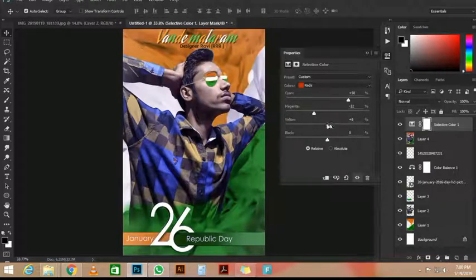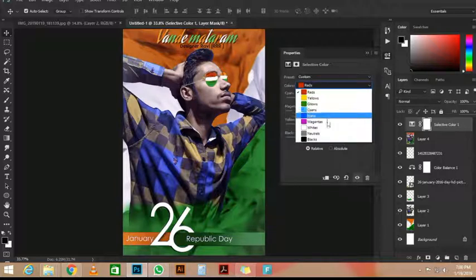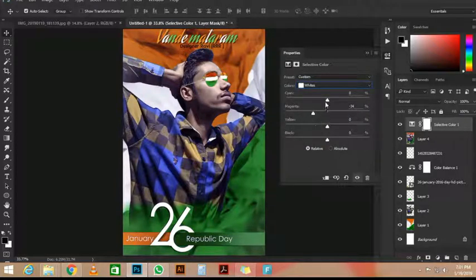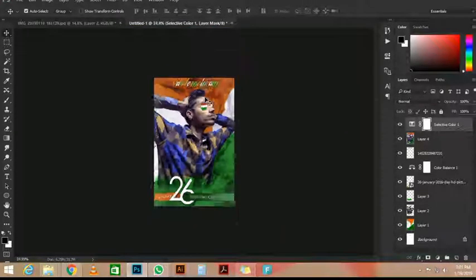I can scale it more if I need to, or rotate it more if I need to. So whatever distortions I need to do for it to work. So maybe something like that. So I just press Enter to accept that transformation. And I'm going to use one more element. I'm going to use this one right down